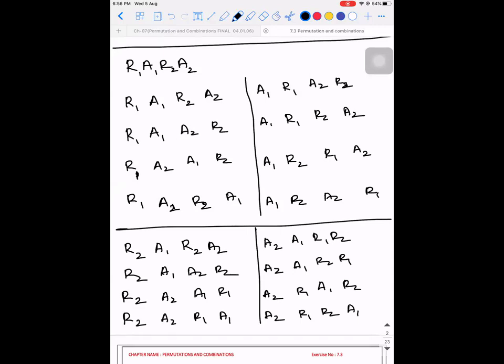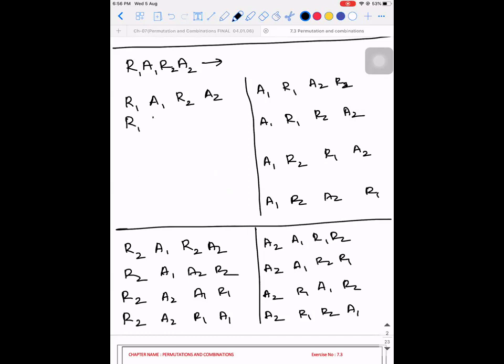But what are all the same? If I treat them as distinct objects, how many words did I get? 24? 16, sir. What is 4 factorial? 24, right. So I should have got 24, which means there are 2 more. Okay, then we need to write a few more. That's why I said it's a slightly tedious process, but we will write it for understanding.